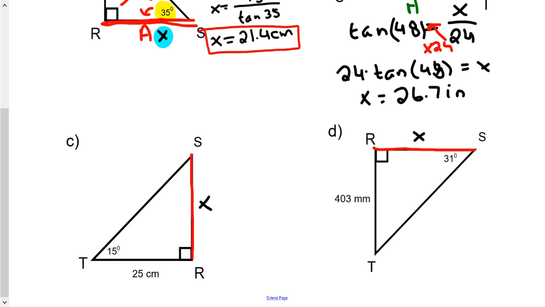All right, so for question C, same idea. I have my angle. I'm going to label my sides. I always label my sides to start. Opposite is on the opposite length. Adjacent is touching, but is not the hypotenuse. So the tangent of our angle, this time we have a pretty small angle,